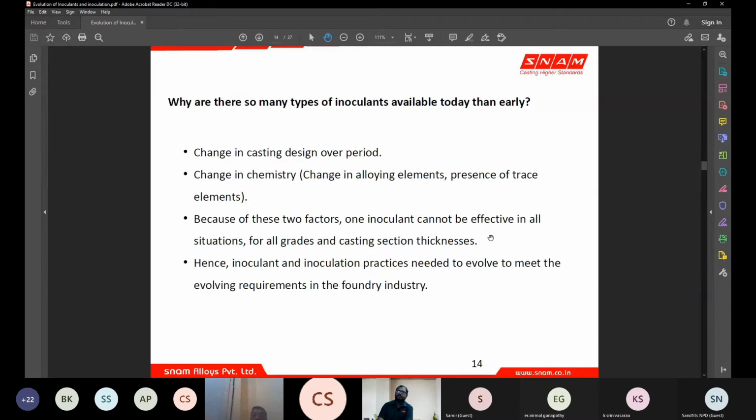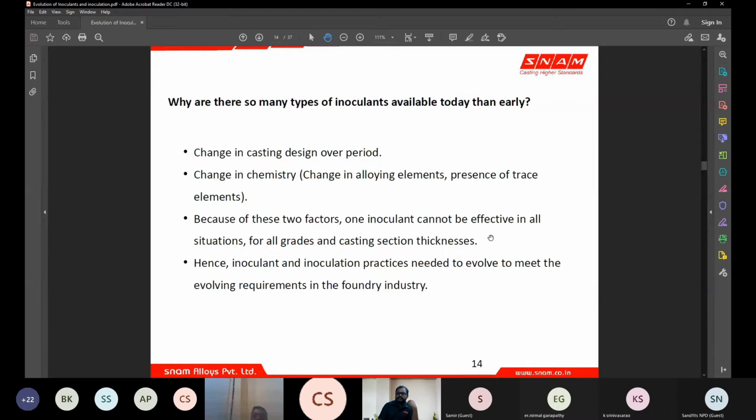Previously, it could have been that there should be no carbides in the casting, but now the requirements of casting have changed over the years, and the rejection levels, or the tightness or soundness requirement of the casting, have increased. Customers are now almost targeting zero rejection, or nil rejection, always first time right in any trial castings. So there is no scope for error, no scope for rejections coming up. So specific casting requirements or casting improvements have led to developments in the inoculation field also.